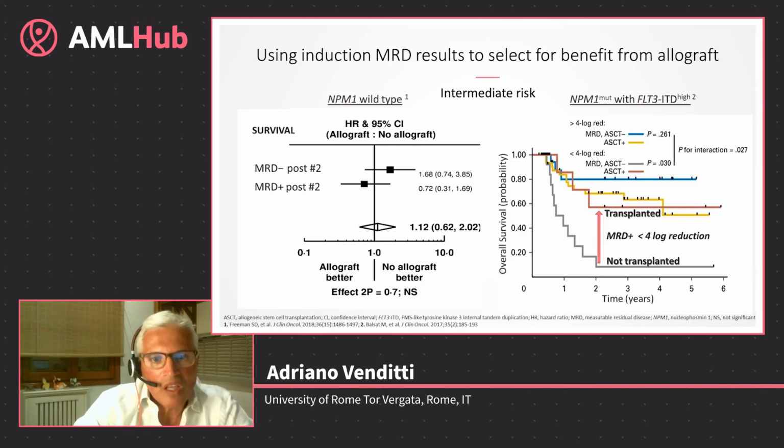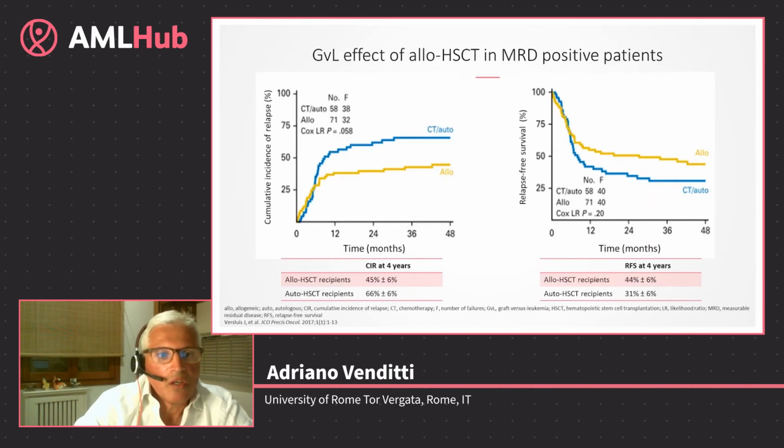And you can see that if we focus on this group of patients, those who were not transplanted, on the gray line, had the shortest duration of overall survival. Same experience published by the Dutch colleagues, pointing to the role of the GVL effect in patients who are MRD positive. Actually, they observed that MRD positive patients who were allotransplanted had a lower incidence of relapse